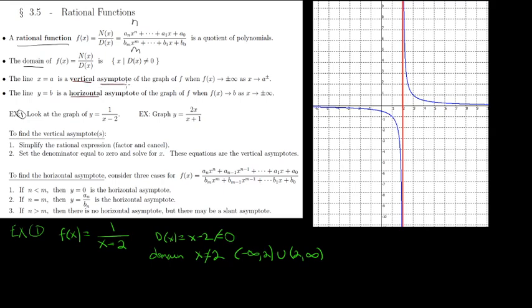An asymptote is a line. A vertical asymptote is a vertical line, and a vertical line has an equation, for example, x equals a. So that will be a vertical asymptote for the graph of a function f of x